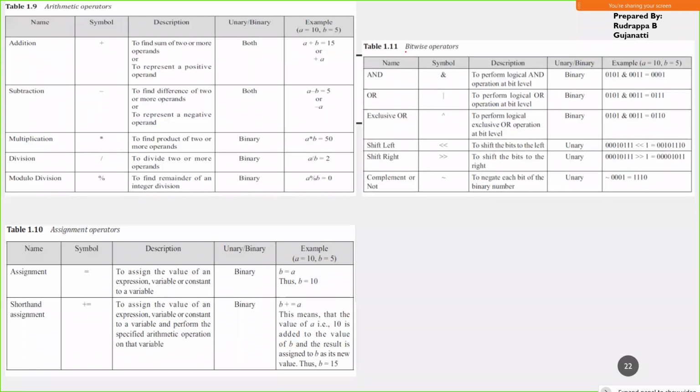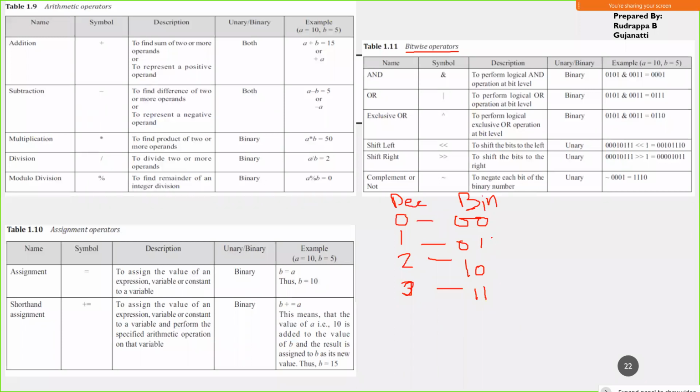So next, you have the bitwise operator. Now what is meant by bitwise is, suppose you have a decimal number. Say I have four decimal numbers, 0, 1, 2, and 3. In binary representation, we can represent these with 2 bits: 0 as 0 0, 1 as 0 1, 2 as 1 0, and 3 as 1 1. So this is the binary representation, and this is its decimal representation.